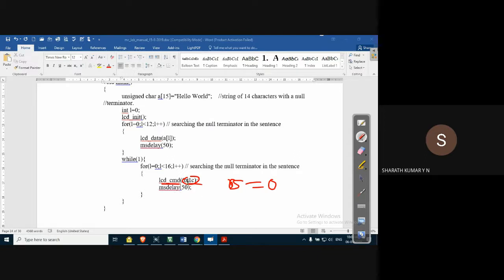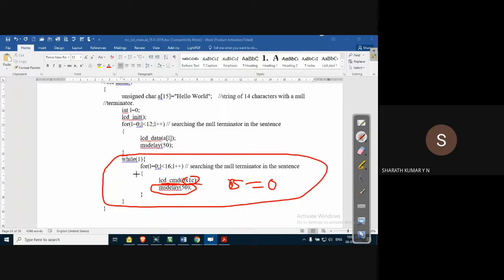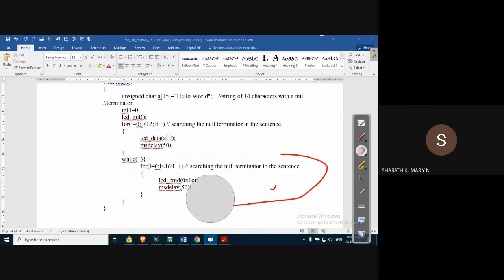After shifting the cursor, it will display the character with some delay. Let us say, for example, 50 microsecond or millisecond delay. It's a millisecond delay, in fact. So for shifting purpose, we have to make use of this while loop in the 8B program. If no shifting, we need not use this. Very simple. So that's all the changes between the 8A and 8B programs.